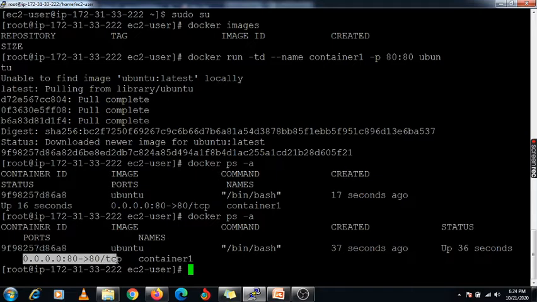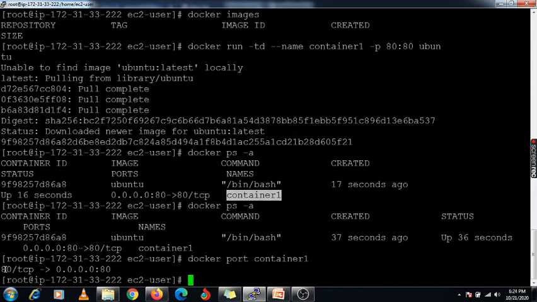This port is reflecting 80. This is my localhost and it is publicly accessed at 0.0.0.0. So it is publicly accessed using TCP, Transmission Control Protocol. Okay, so this protocol is used. Now we are going to check this port. Another command is used, that is docker port, and you need to specify your container name. Using this command, it will reflect that this port is mapped from your host machine to your container. So you can use this command also.